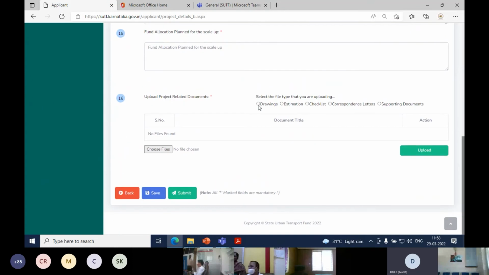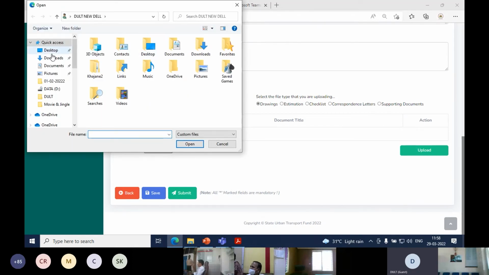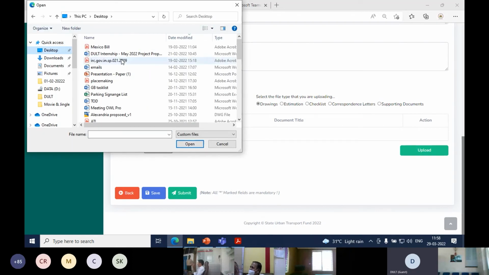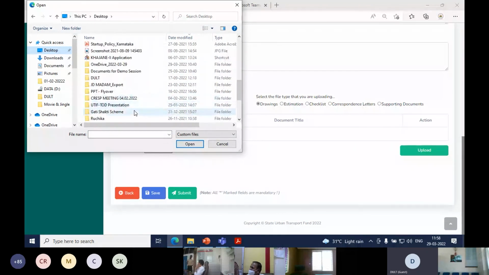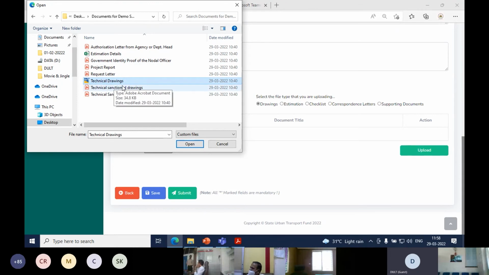So now I attach my drawings. You click on drawings, and then you can choose a file from where you have saved those drawings. So I am attaching technical drawings in AutoCAD format.